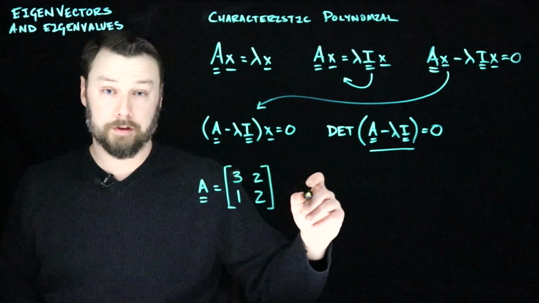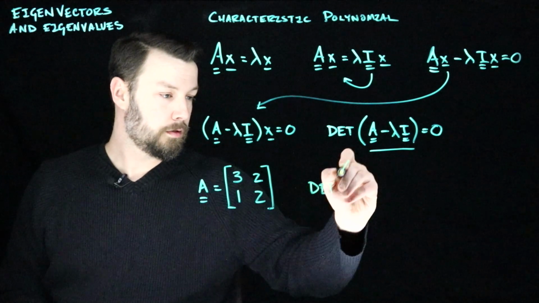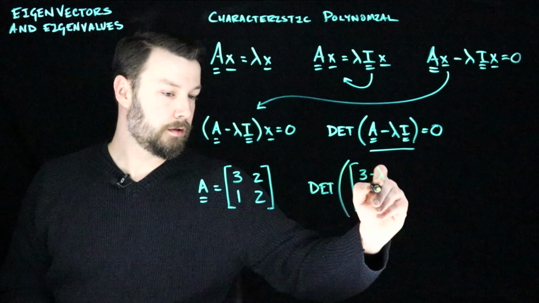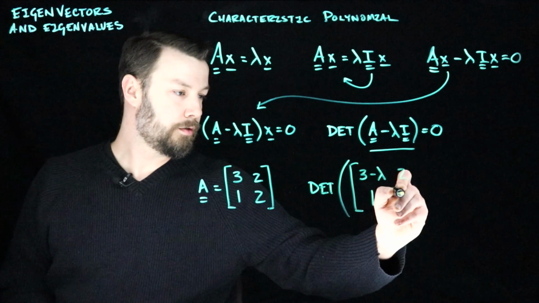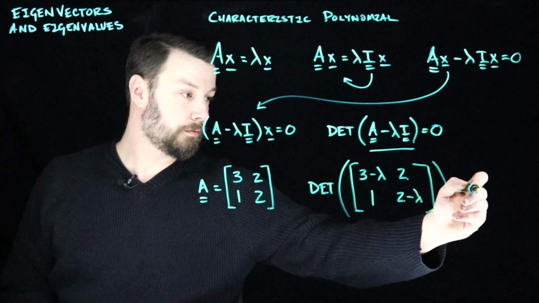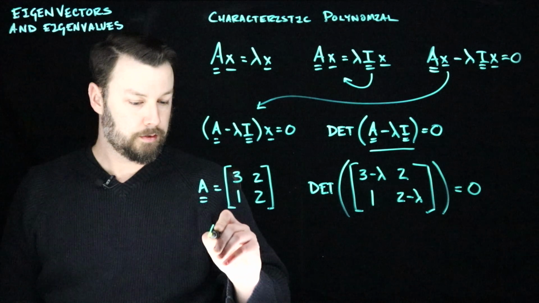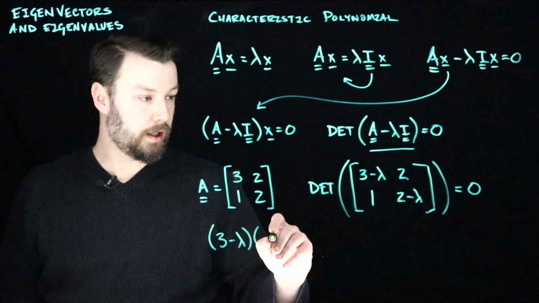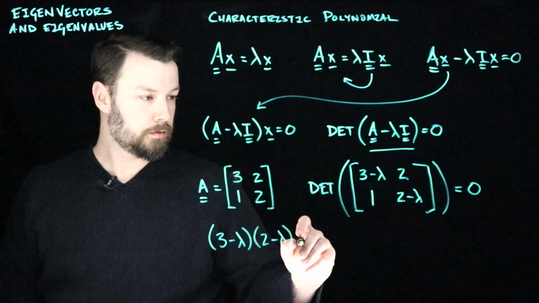Now, if we write out the determinant, that's going to be reasoning about the determinant of the matrix 3 minus lambda, 2, 1, 2 minus lambda, and finding the places where that is equal to 0. So let's write out the determinant of this. It's going to be 3 minus lambda multiplied by 2 minus lambda minus 2